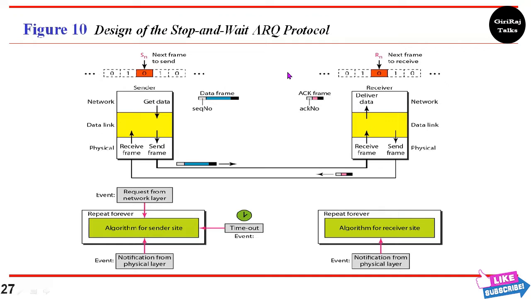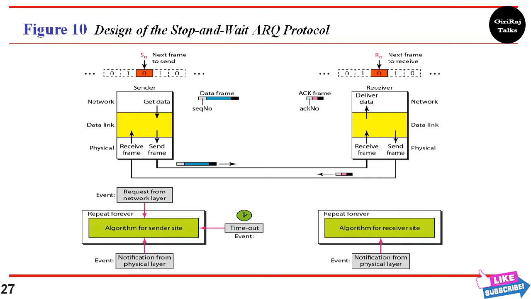For example, if we decide that the field is m bits long, the sequence numbers start from 0, go to 2^m minus 1, and then are repeated. Let us reason out the range of sequence numbers we need. Assume we have used x as a sequence number. We only need to use x plus 1 after that. There is no need for x plus 2.